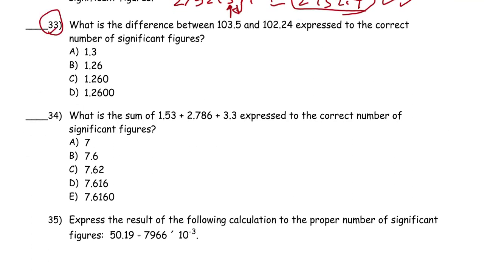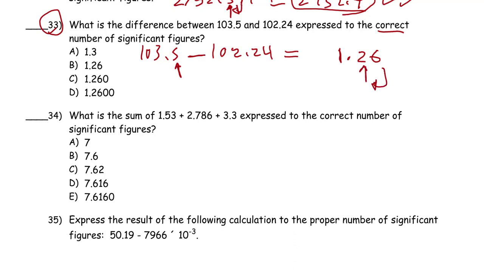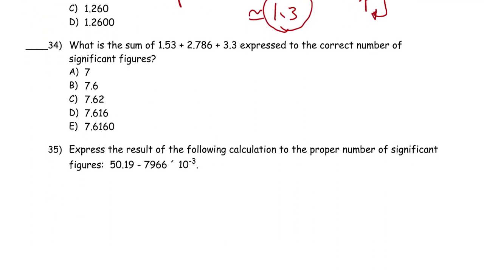For 33, what is the difference between 103.5 and 102.24 expressed to the correct number of significant figures? As you see, this is subtraction, the difference. The answer must have 1 decimal place. So 50 minus 24 is 26, and yields 1 here. Okay, we need to round the answer so it has only 1 decimal place. The 6 is more than 5, so increase 2 to 3, so 1.3. The right answer is 1.3. Let's go to what is the sum of